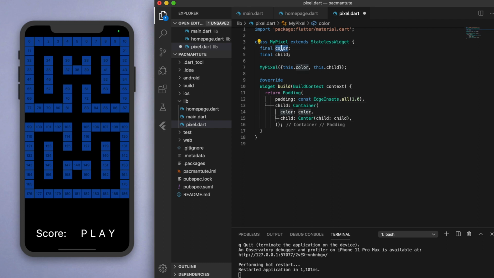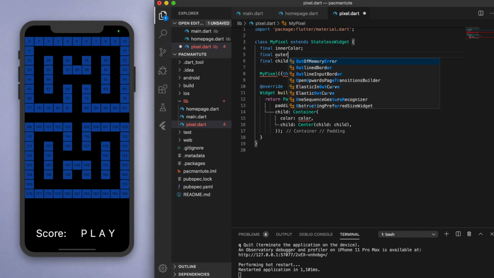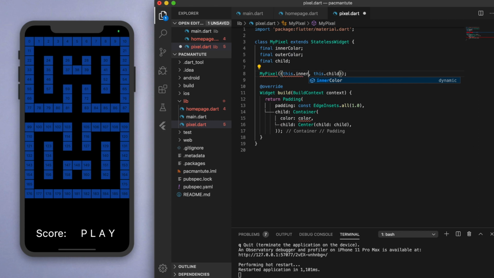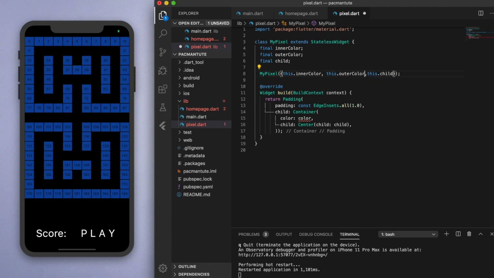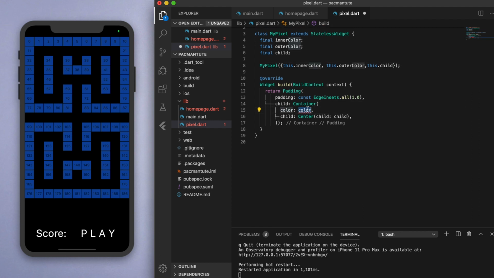Rounded squares, and also let's change up these colors a bit. So I'm going to say inner color, final outer color, and so change these around. I'm just going to make this map look a little bit prettier with the user interface before we make the logic. This dot outer color. Okay, so in this container, this can be the outer color,